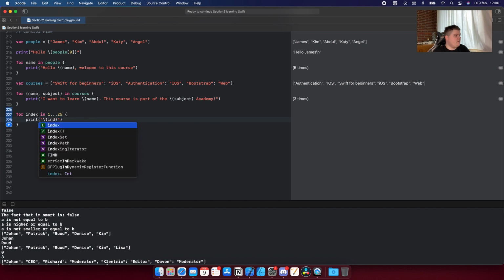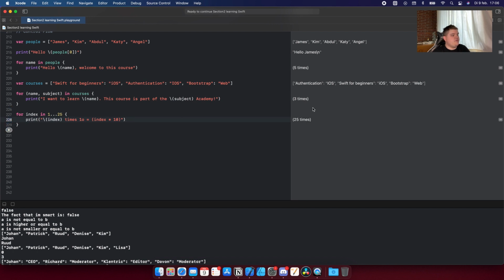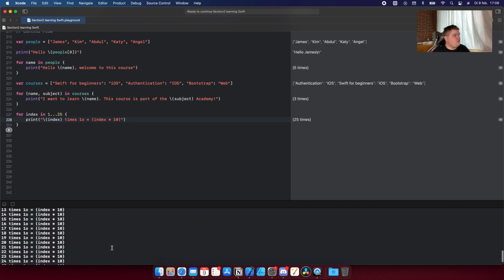Let's write here index times 10 is equal to index times 10. So let's start this, and as you can see now, it actually loops